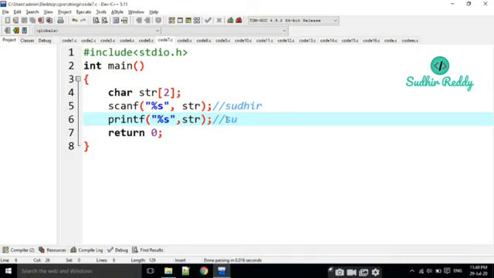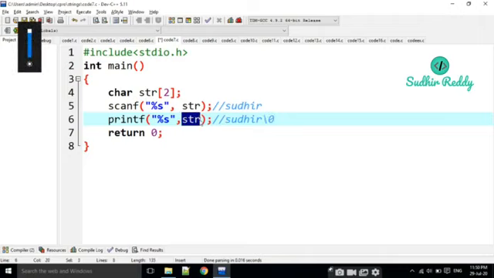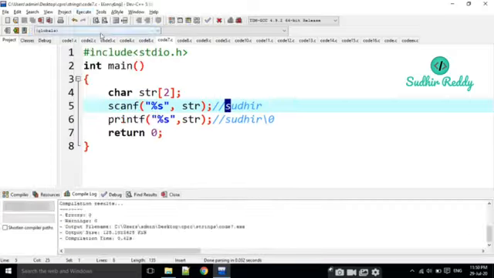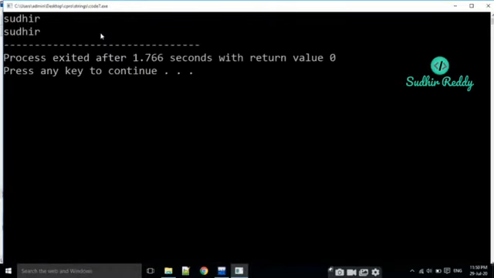Beyond the boundaries also we can access. Why? Because, for example, the input is Sudhir and this is \0. What is str? Str means the address of the first value, right? That's it. Then it is going to print up to the \0. That's why it is going to print all the values. For example, if I read here, it is going to print all the characters, no doubt about that.